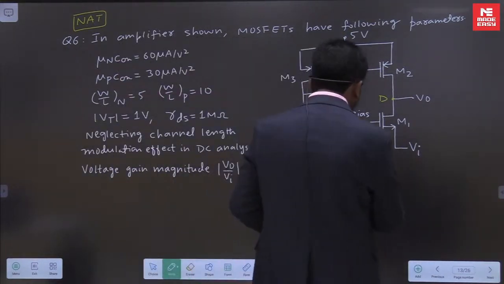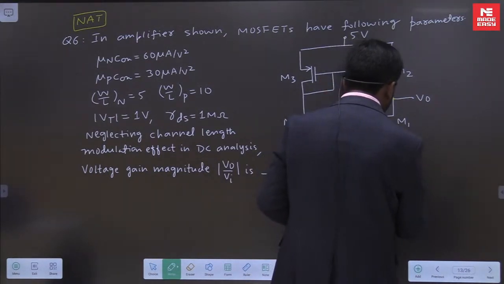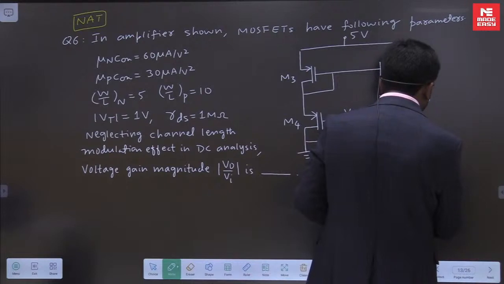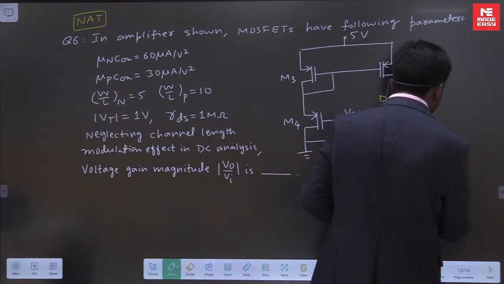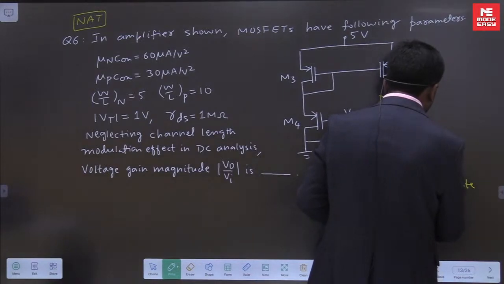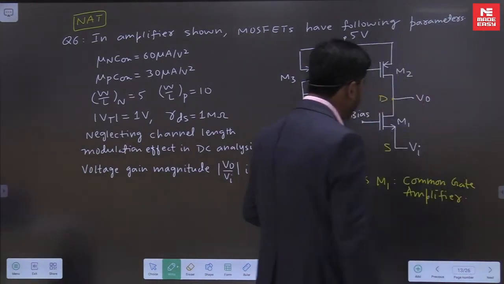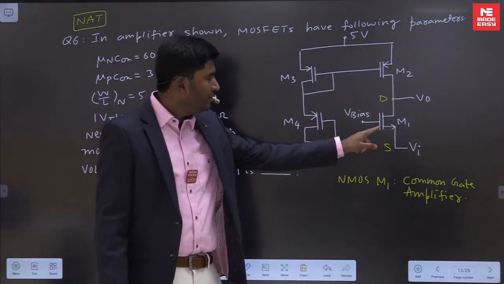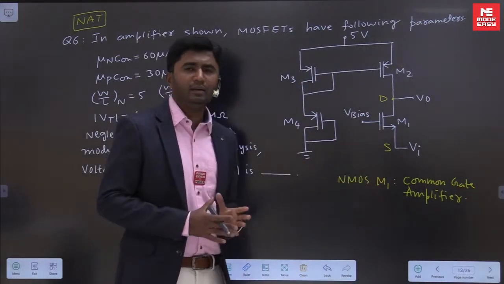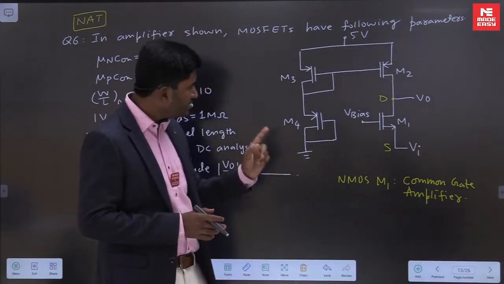MOSFET M1 is an n channel MOSFET. I will write here NMOS M1. It will act as a common gate amplifier. Okay, MOSFET M1 will be acting as a common gate amplifier, and M1 is an n channel MOSFET, whereas the remaining